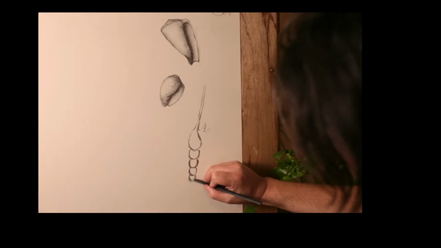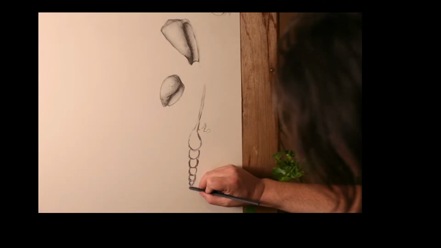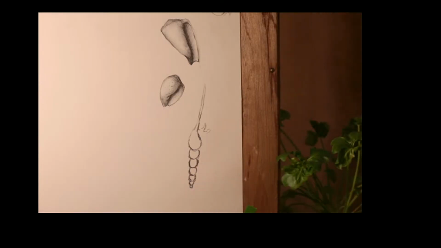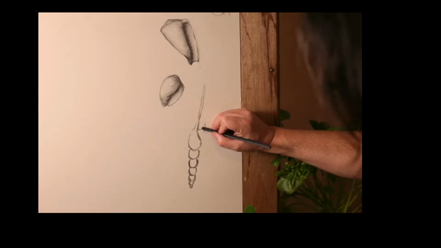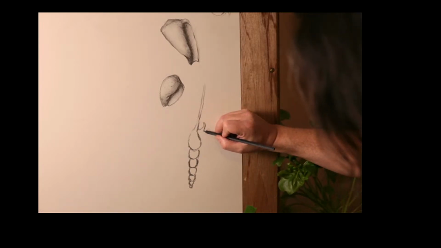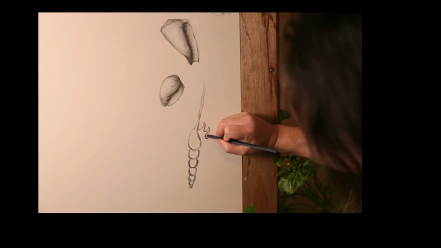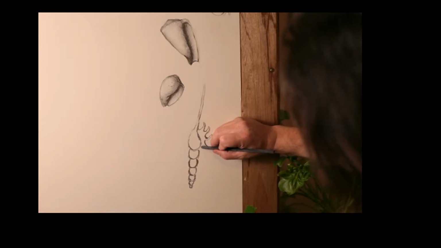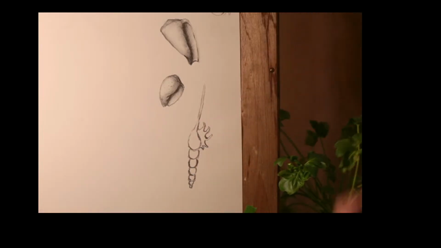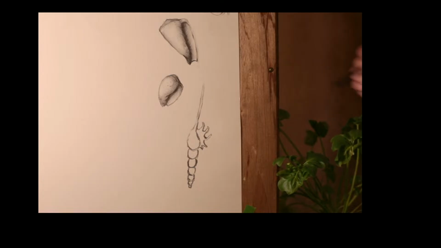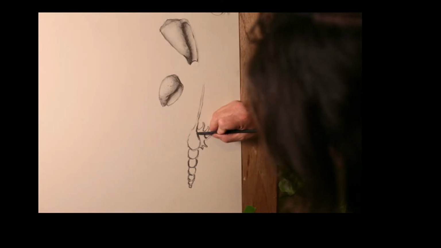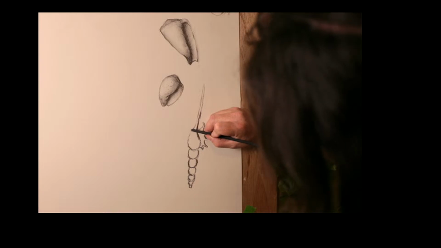And each chamber just keeps getting smaller and smaller. This kind of goes up like this. Okay, so now that we're done with nails on the chalkboard from charcoal,